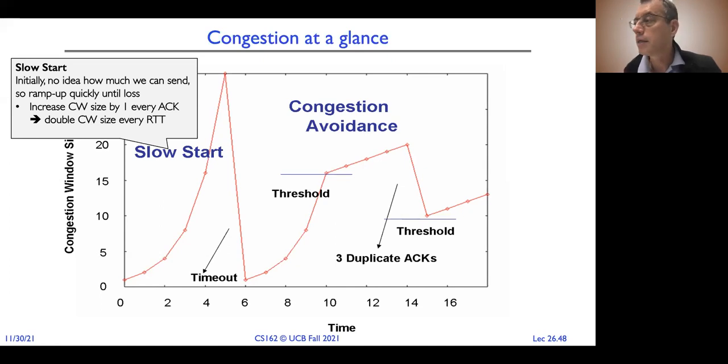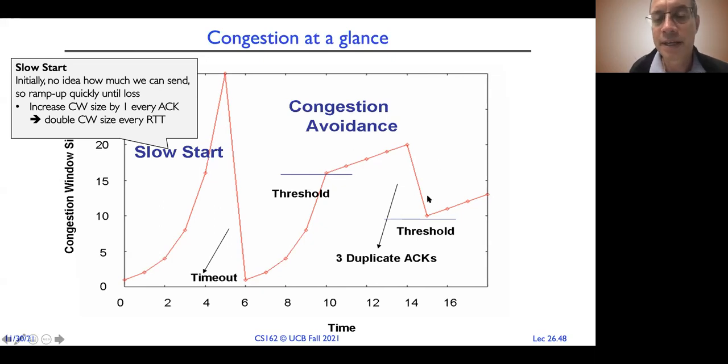Then when the congestion window increased to 16, I lost packets. So the next time, I'm only going to run this slow start, or aggressive start, up to 8, because I know that was successful last time. And then I'm going to explore much more timidly how to increase and explore the capacity of